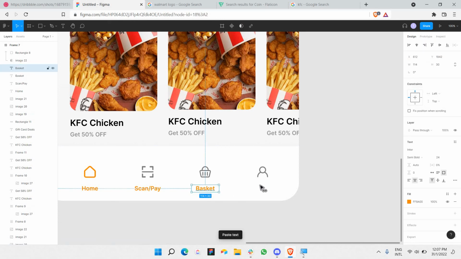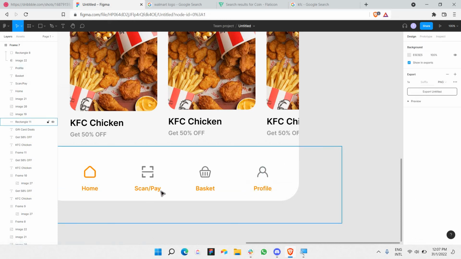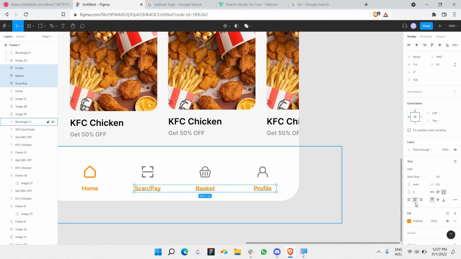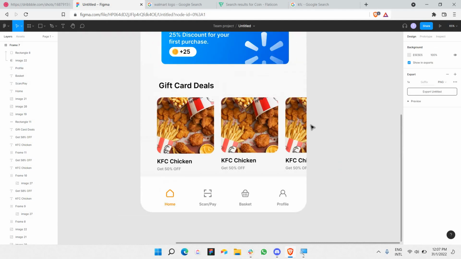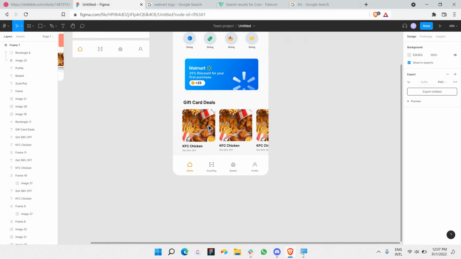And this one should be Profile. Okay, and let's change the color of all this text by just changing the color in one shot by this. Okay, that's nice. So next, let's see what else we need to add in terms of